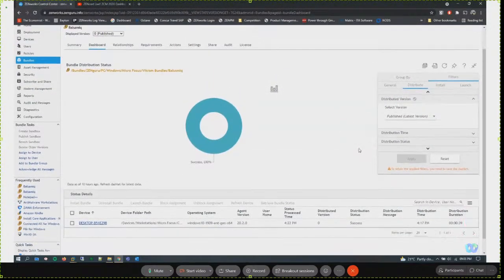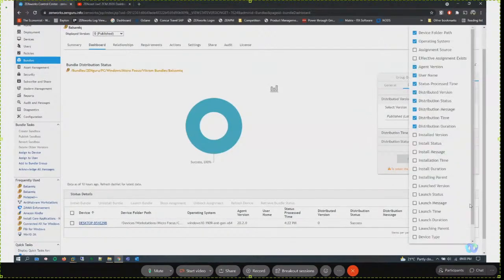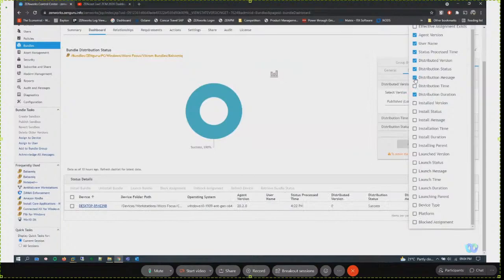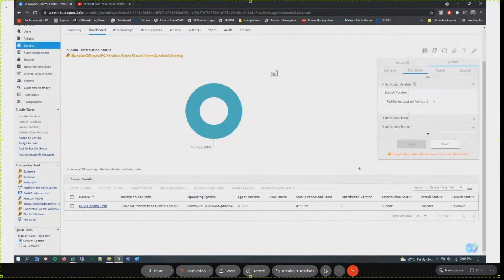At this time, it's good for me to show you that you can actually see multiple things on the same screen. You have so many filters or columns which are available. For example, let's say I'm not really interested in these messages and the time, or maybe even this thing. What I'm really interested in is the statuses. So I just get these statuses in, and that's it. This panel tells you that the distribution has been success, and the install has been success, and the launch